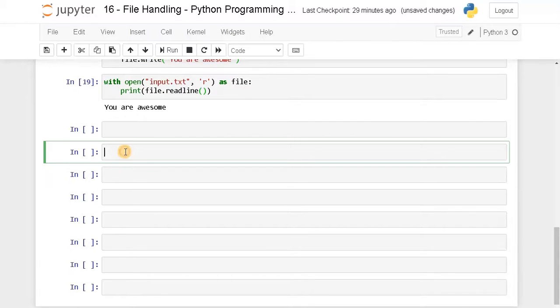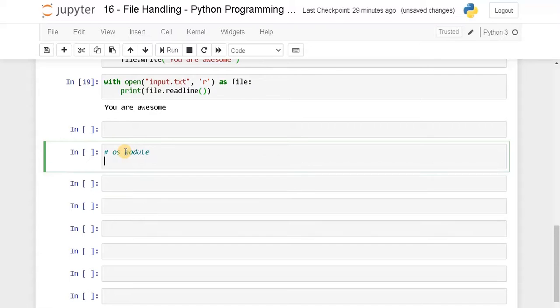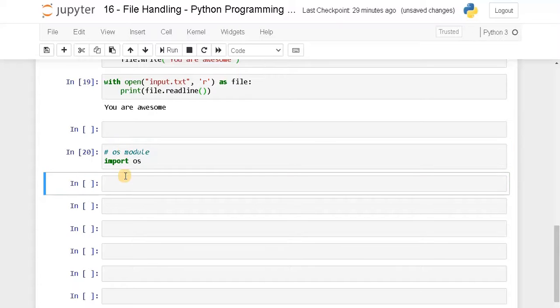Now let's see about the OS module. For that we need to import that. Import os. This OS module will let you access the files and directories in your current system. Let's see some of the operations. Now let's list the files in your current directory.